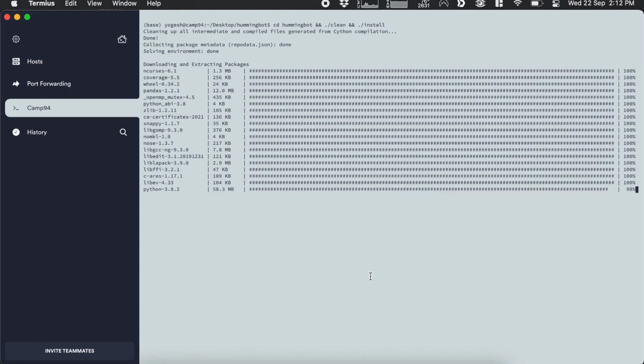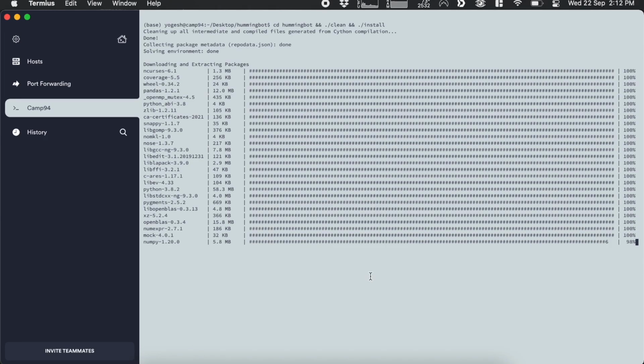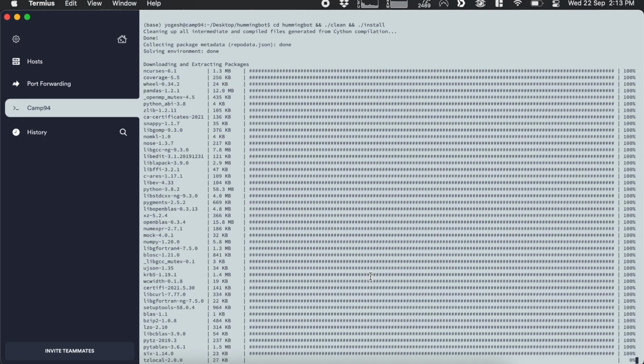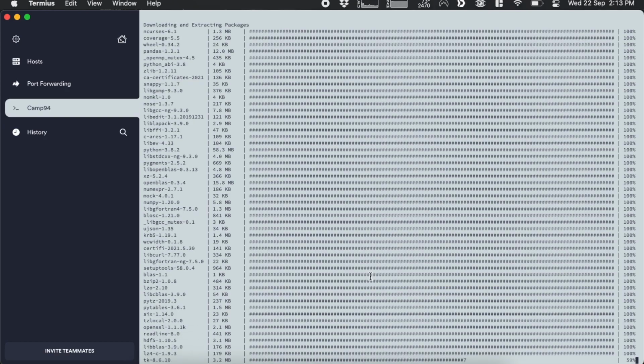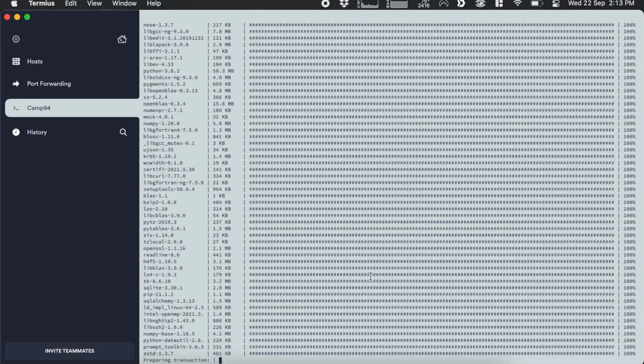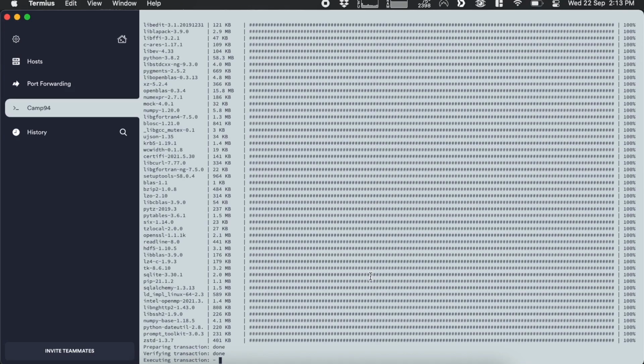You can see now that the compilation is done for the packages that are part of the environment. It's now going to fetch everything and extract them: Python, pandas, all the dependencies needed for that environment, and some other dependency libraries like Pygments, OpenBLAS, and NumPy. There's a fair amount to download here since we're starting from an entirely clean environment. There's a lot of stuff we need to download and build, but this is a one-time deal, and it is all handled automatically by the Miniconda